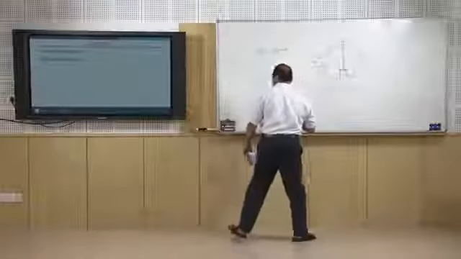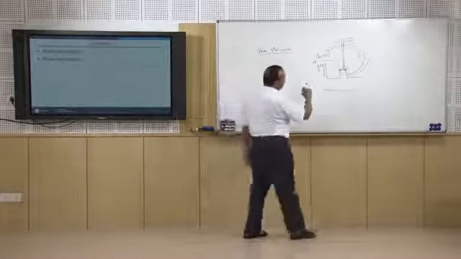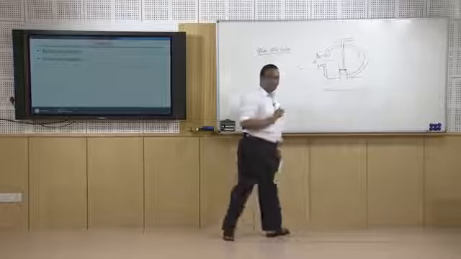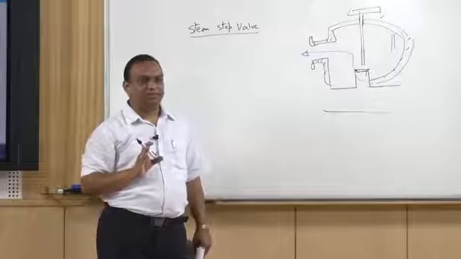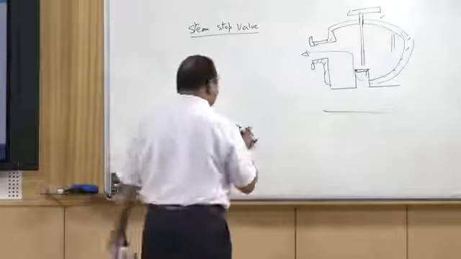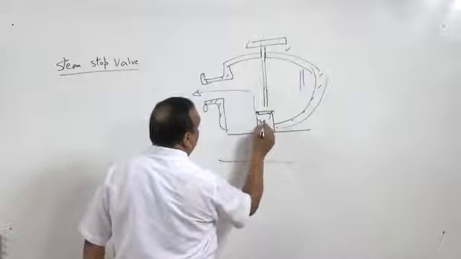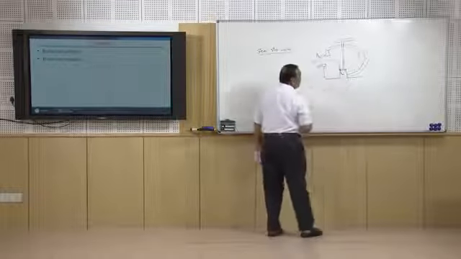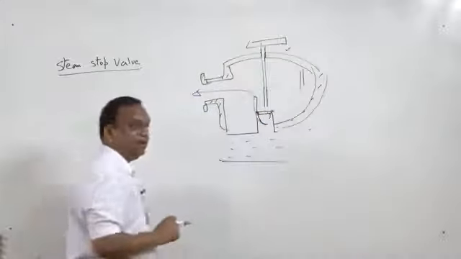Another valve is the feed check valve. Now, its construction is almost the same. I can explain with this figure only. Feed check valve is a valve like this. It is a non-return valve, and it is fixed at the water supply line. When the water is pumped into the boiler, it passes through the feed check valve. When water pushes this disc, the disc opens and the water is passed through this passage. Suppose water is flowing here, coming from the pump, and it is put in series in the supply water line.